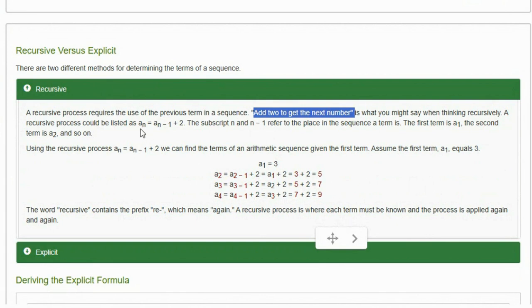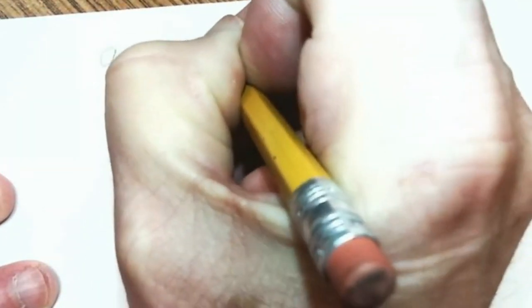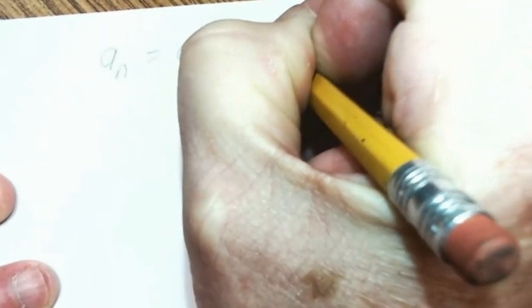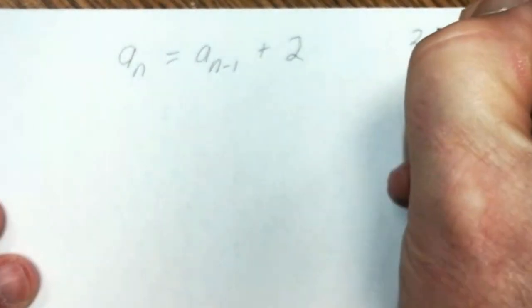And we might list that as a sub n, which a sub n means the nth term, which may be the fourth term in this case, equals a sub n minus 1 plus 2. Let me write that down because I want us to start recognizing what that looks like when we're talking about these n terms. So a sub n equals a sub n minus 1 plus 2. So if we have this sequence of numbers that I called 2, 4, 6,